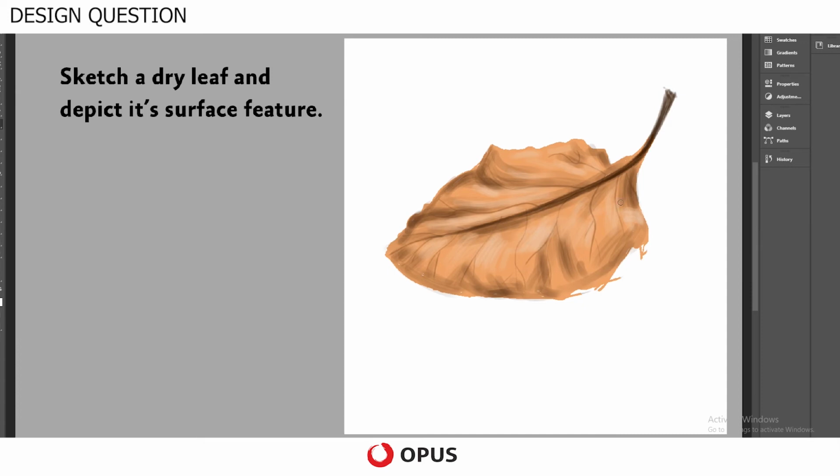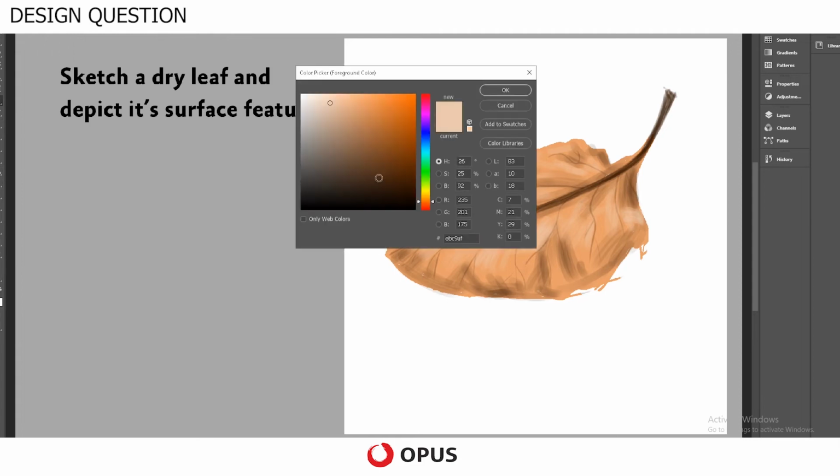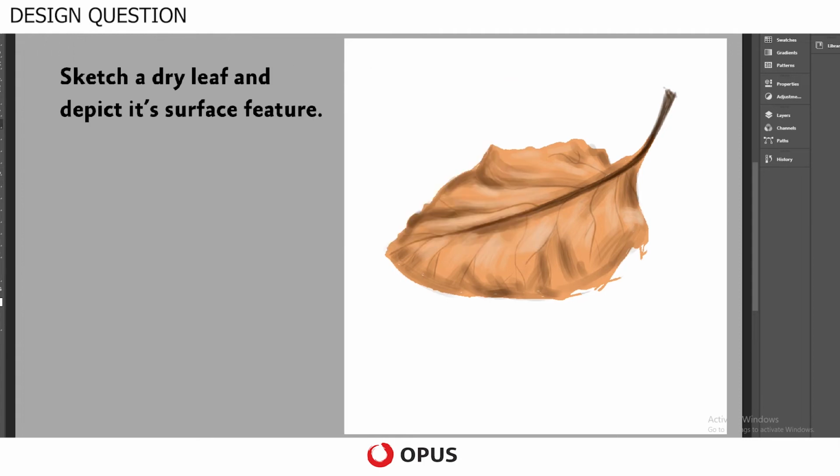This way. After this, the final way of depicting is to give that